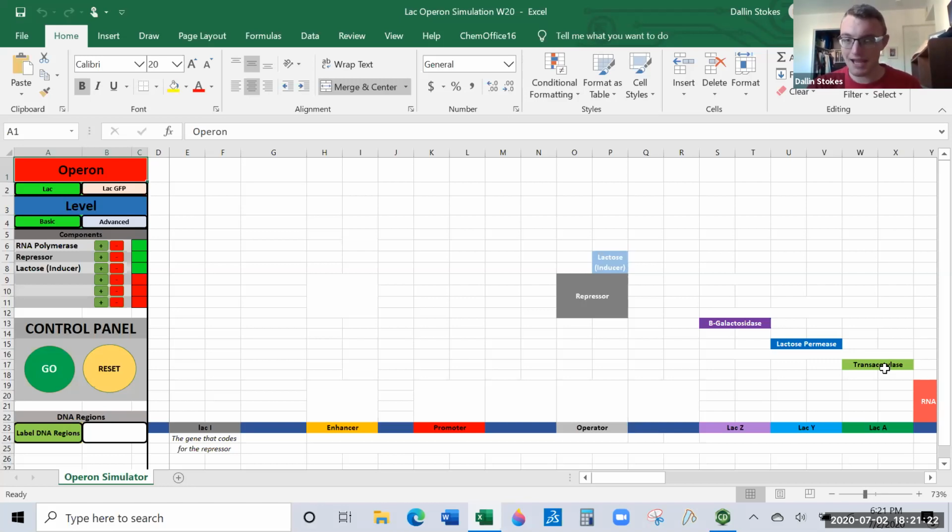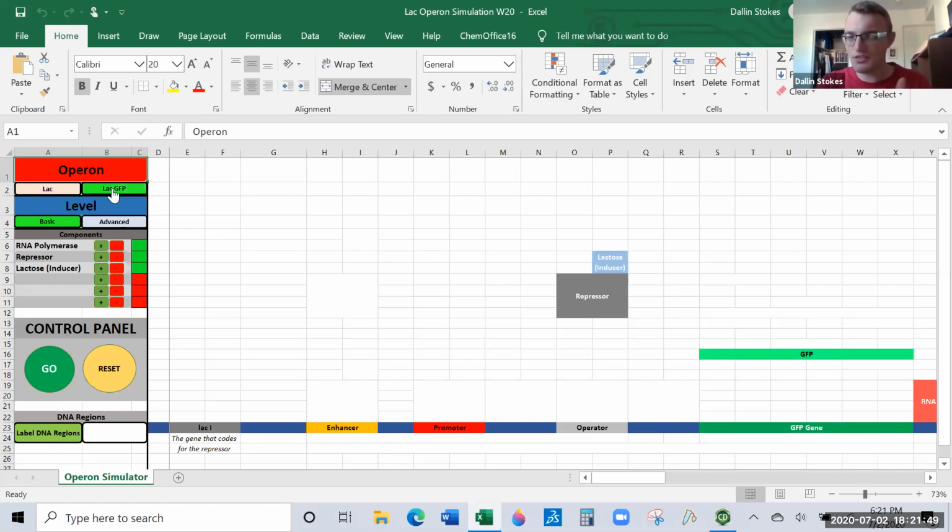So we actually can't tell the difference visually between a bacteria that has an activated Lac Operon and a bacteria that's a repressed Lac Operon. So I can't tell what turns on the operon and what doesn't. So what we do is we use the methods we learned last week with gene cloning, and we take the GFP gene, and basically what we did was we cut out these 3 genes and replaced them with the GFP gene.